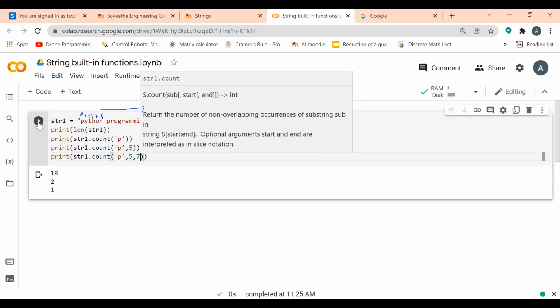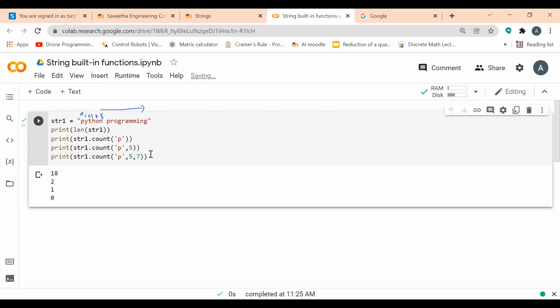From the 5th index, the 7th is excluded, as the ending index is always excluded. So it checks the 5th and 6th index for p. The 5th index is n and the 6th index is a space, so there is no p, and I get the output 0.